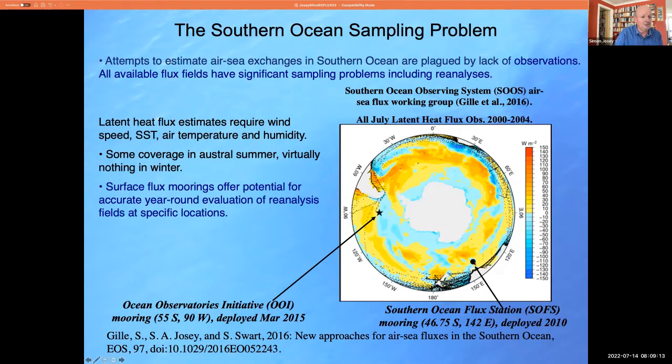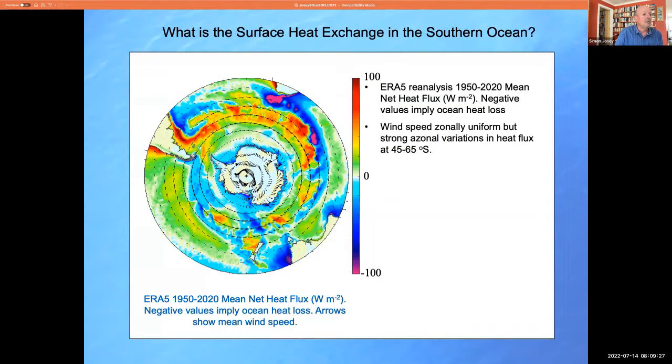That's still in the water on its 11th or 12th deployment now. The Ocean Observatories Initiative mooring was in the water for several years, I can't remember exactly how many, from 2015, and both of those moorings have yielded very interesting and useful results. But before coming to that, I want to talk about the heat exchange in general, and ask this question,